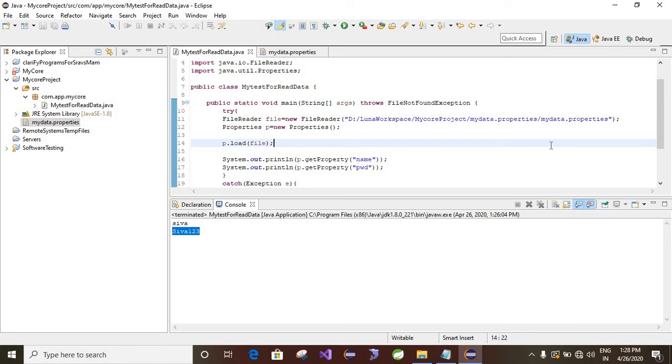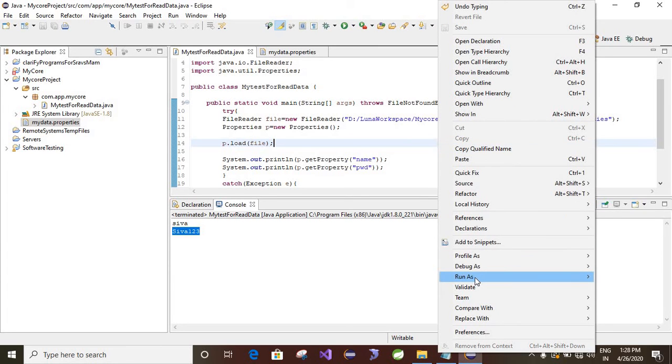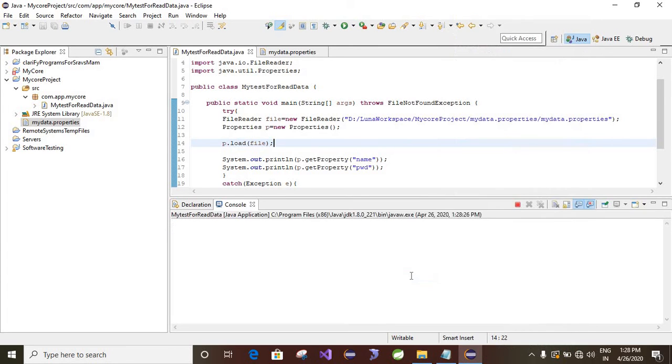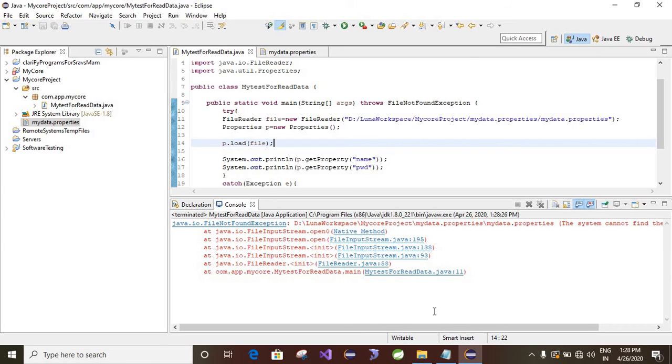If you give a backslash, you have to give the double quotation. Then you can get the file directly. See, run as Java application. Sorry, I have given it 2 times, so remove it.